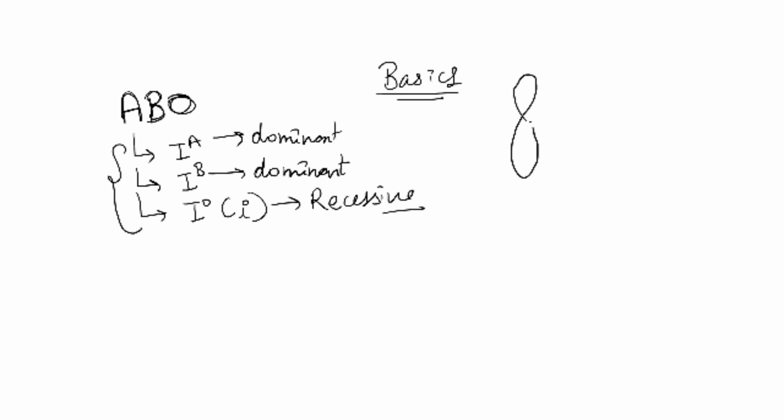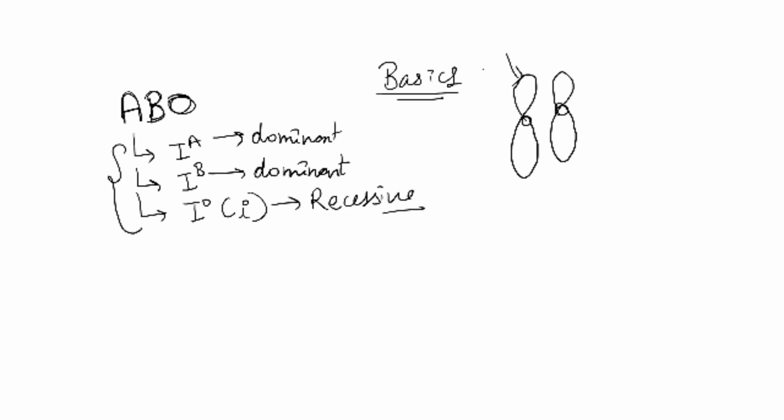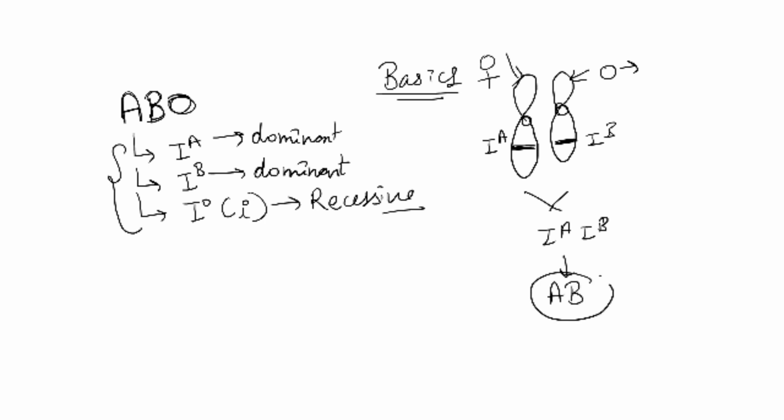So if we take chromosomes, one chromosome we get from our mother, one chromosome we get from our father. So if there is an allele IA for A blood group and there is another allele IB, if these are crossed we will get IA IB. And what is codominance? That they both will be expressed in the child. So the blood group will be AB blood group, which we rarely find in human beings.